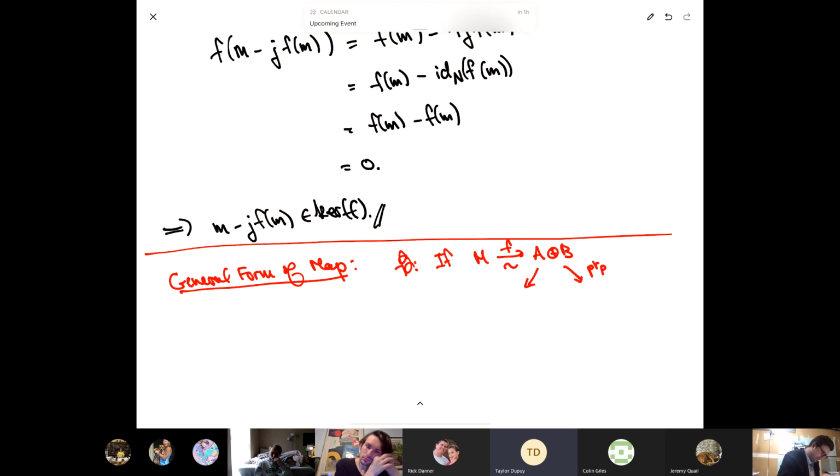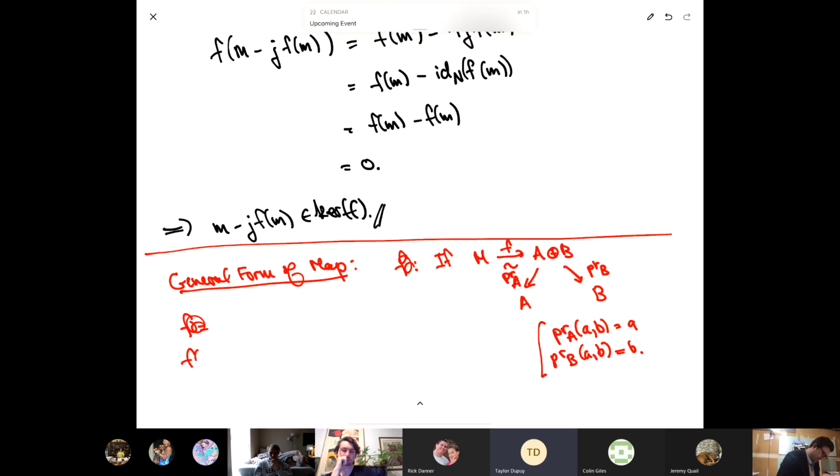This has the projection onto the B part, and this has the projection onto the A part. And the projection on the A part of A direct sum B is A, and the projection on the B part of A direct sum B is B, right? And so you could say that f of m